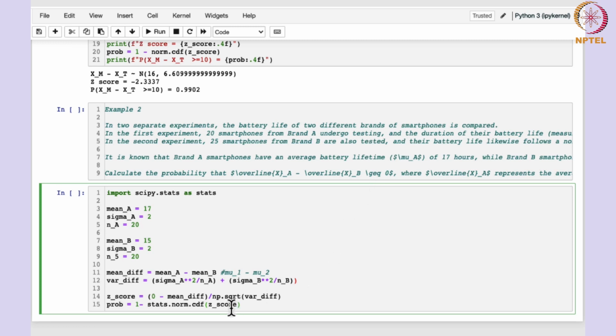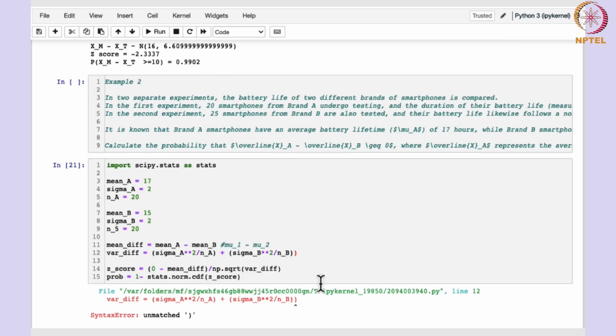So here it would first evaluate your cumulative probability of observing a value less than or equal to the z-score, and when you subtract from 1, it means that you are interested in the random variable that is greater than or equal to this. Okay, so if you run this, somewhere this bracket, okay, yeah,